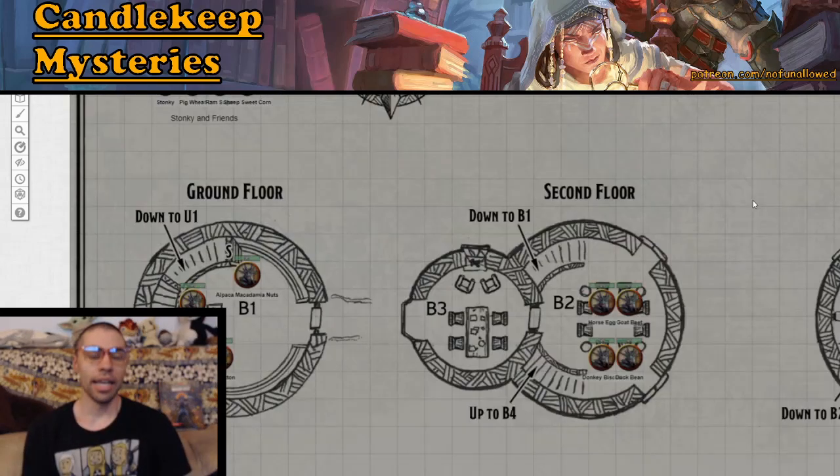In Candlekeep Deconstruction, your players discover that there is in fact a crazy cult within Candlekeep itself. Your players will look around, and here they will find this very, very interesting group of people that plan on taking a spire in Candlekeep itself and launching it into space. Can your players put a stop to the launch, or are they going to join them in space? Either way, it's perfectly awesome.